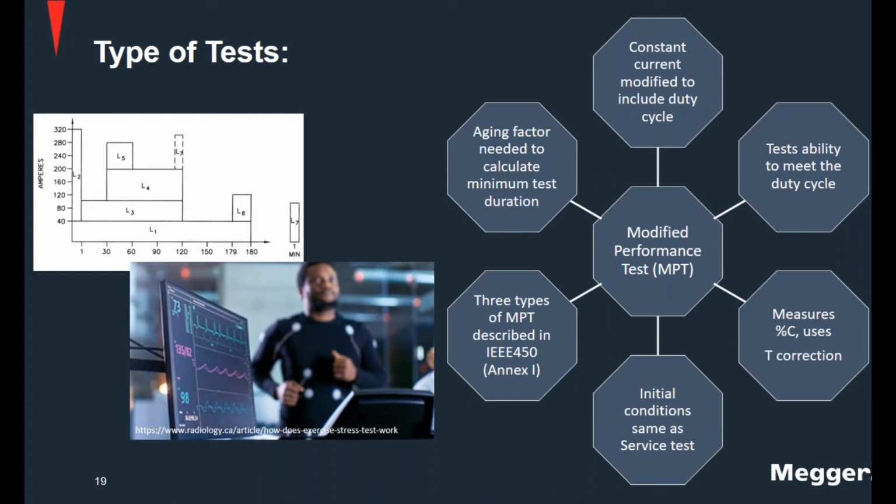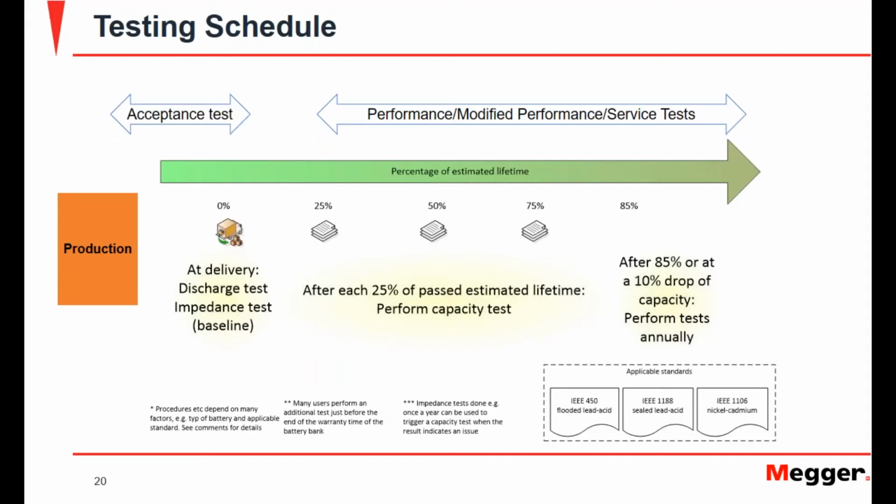Going a little bit more into the testing schedule, when I talked about the performance test or the modified performance test, the idea is that you test every 25% of the life of the battery. Here we can see that you have the acceptance test from production or at the factory, and it goes a little bit further than the initial installation. You could test at 6 months or even a year after installation of the battery. Then the very first performance test is